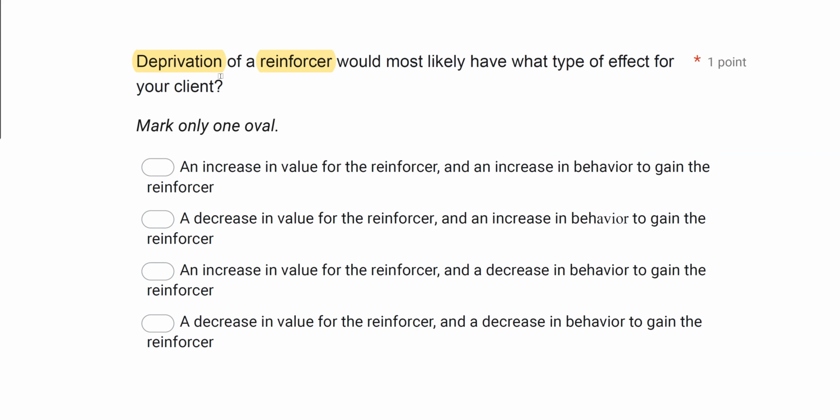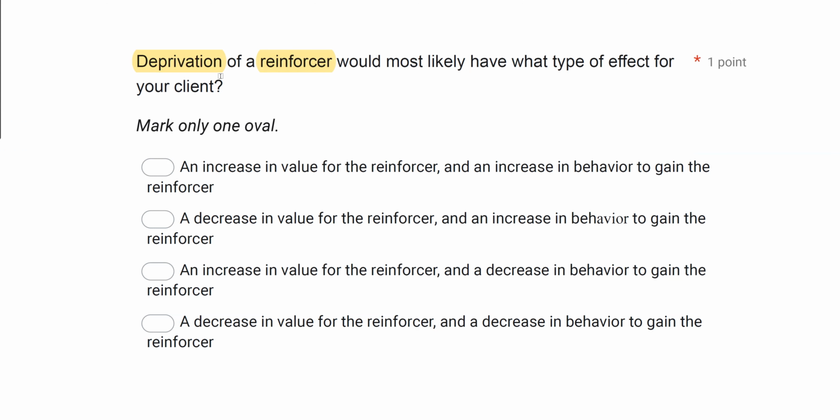What does deprivation lead to? Well, let's think about, let's say your favorite food is pizza. If you don't get pizza for a month, you are likely to start wanting pizza more and more the longer you don't get it. And the motivation to engage in the behavior to get pizza increases because you're deprived of that pizza. So in this case, if the client is deprived of the reinforcer, the value of that reinforcer goes up. And since the value of the reinforcer goes up, they're more likely to engage in behavior to gain access to